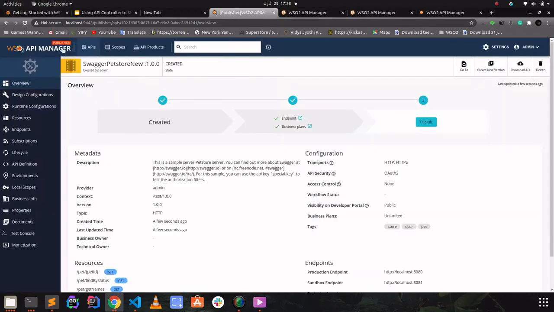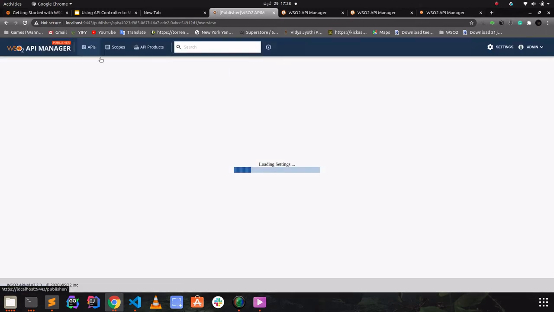Now you can see that the lifecycle status of this API is changed to published.